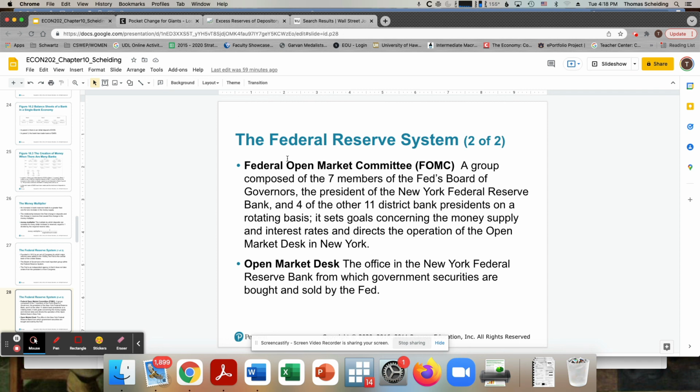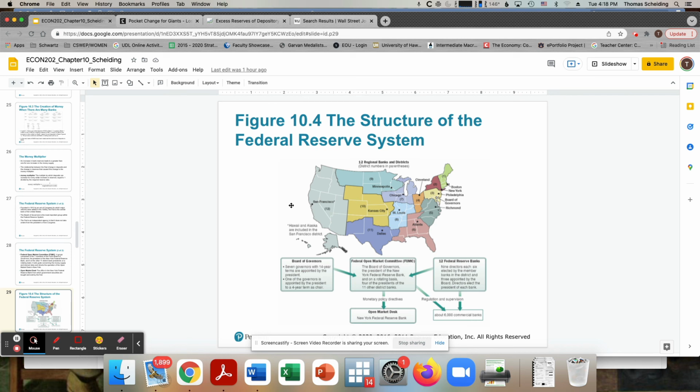Okay. And then the most powerful group outside the Board of Governors would be the FOMC, the Federal Reserve Open Market Committee. The FOMC has all 7 members of the Board of Governors, and then it has district presidents. So let's jump to that here. We can see that this map, as originally drawn up in 1913, looked like an economy that was focused primarily on the East Coast. And so poor San Francisco District 12 covers a rather vast area.